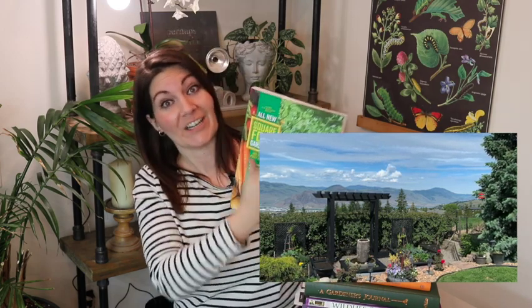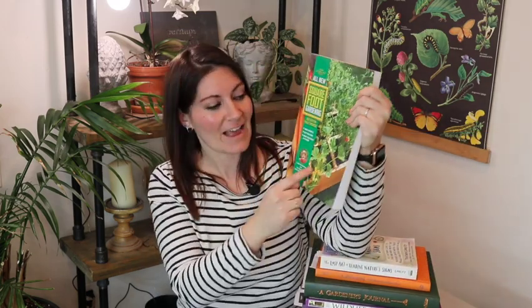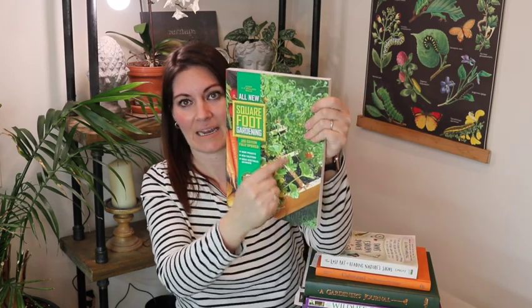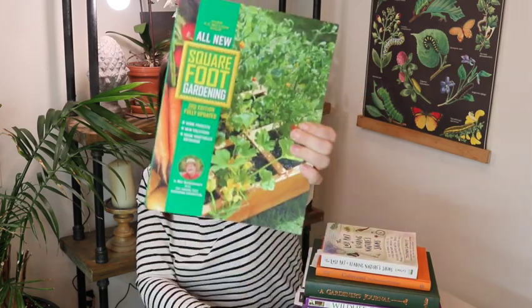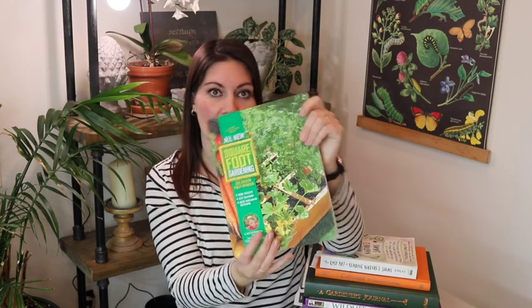So anyway, we moved here. I'll see if I can put a picture of what that looked like. Like I said, I really enjoyed it, and I used every square foot of the garden thanks to this book. I planted everything, and it was really enjoyable. So this book is, as you can see, square foot gardening. You don't need to have this lattice type of template in your garden, but it's just kind of giving you the idea of planting in these little cubic feet segments, just to get the most out of your garden,